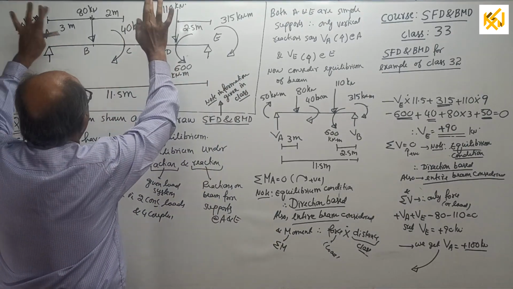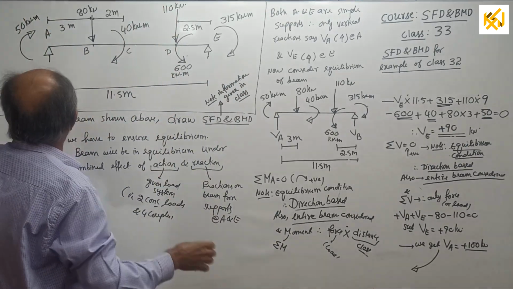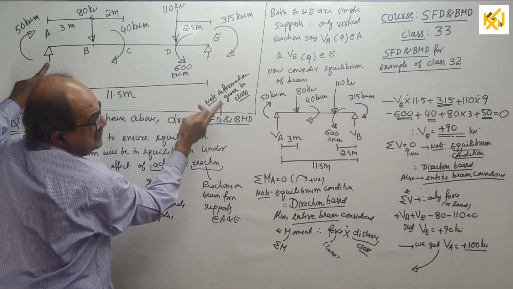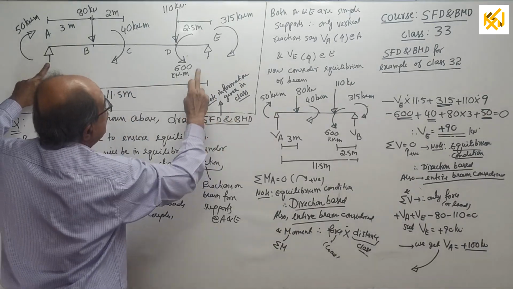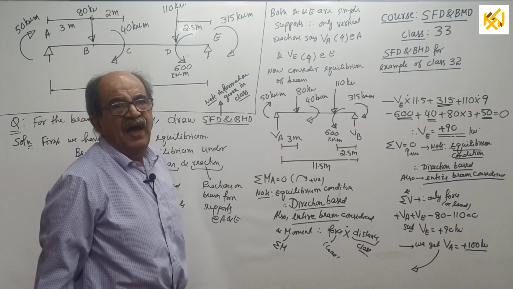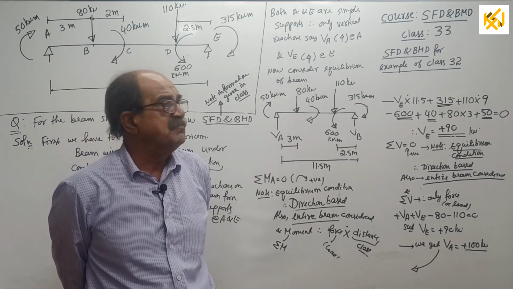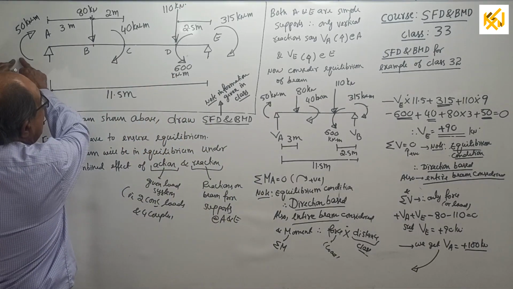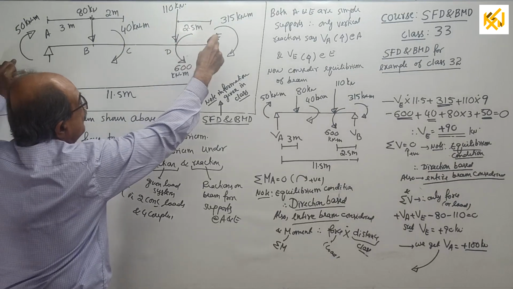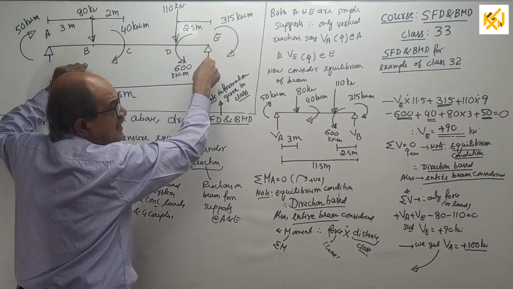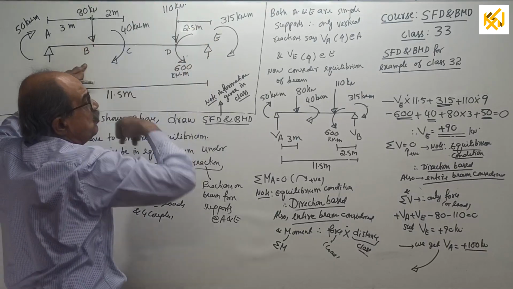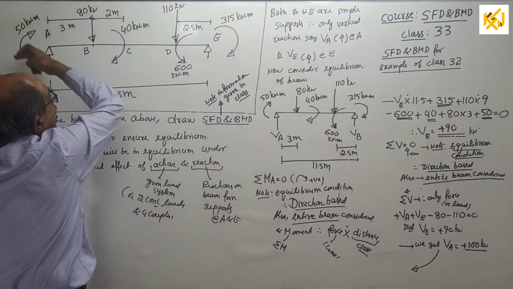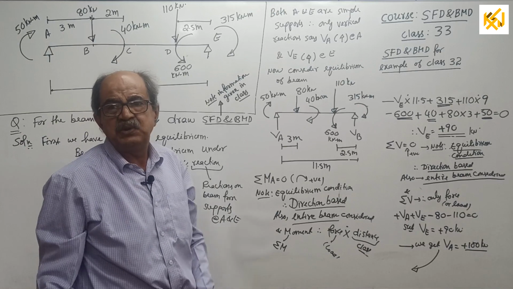See now, it is the same as the last time's question. But last time, if you remember, I put some vertical force or load here. How much is it? I wrote 100 here, 90 here, in kilonewtons. Actually, you have to ensure equilibrium. Last time, I only ensured equilibrium. I will tell what I did. From here, I started writing forces and couples till here. When the last point came, I applied a vertical force to maintain vertical equilibrium, and this 315 I applied to make sigma M zero. That was later. But today not that way.